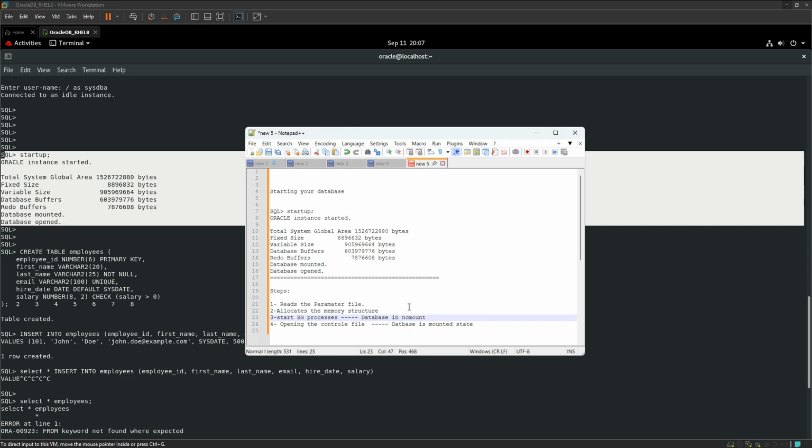No mount state: only the instance is started but not your database. In that scenario we call that state no mount. When only an instance is started, then you call the state no mount. You can start only the instance from the database server also. That time what will happen? It reads the parameter file, it allocates the memory structure, your SGA, database buffer, redo buffer, everything will be allocated. And then it goes to the